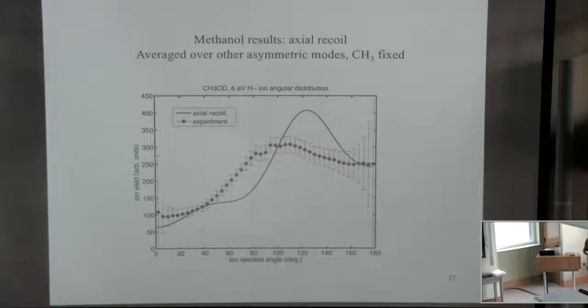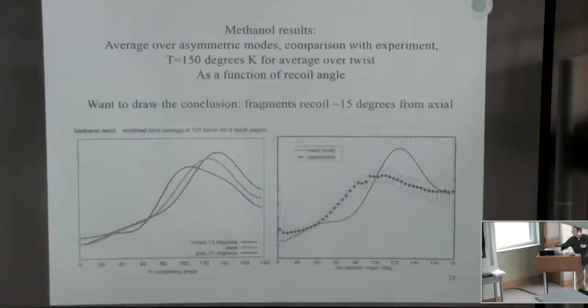Okay, so here's a plot of what I get compared with the experiment when I fix the CH3 rotation angle and average over the other asymmetric modes. You see here qualitative, perhaps, agreement, of course, in the forward and backward directions, and you get a peak. Then I do that average, given the temperature, over the CH3 rotation, and that produces